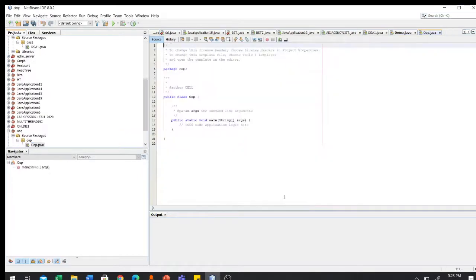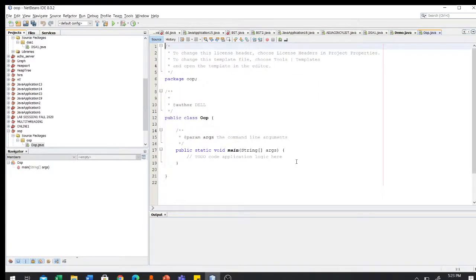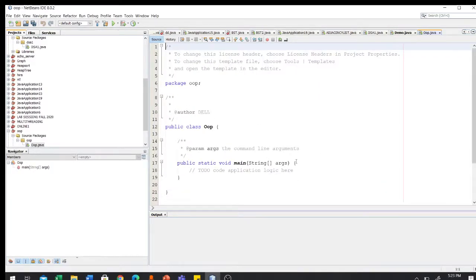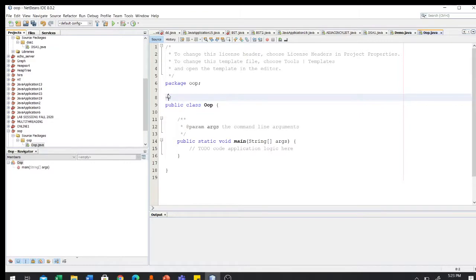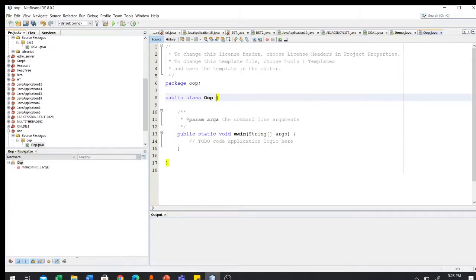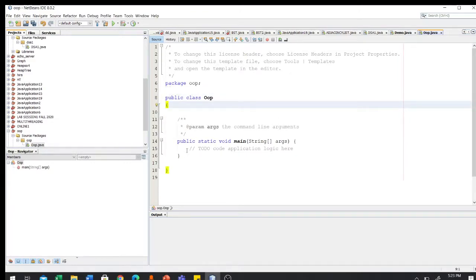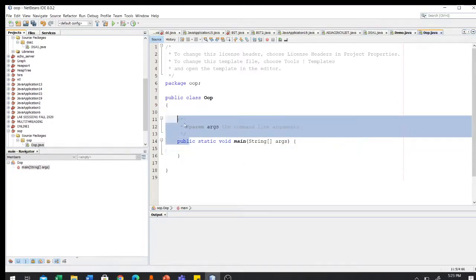Finish, and then here you can see the class is created. So this is the class oop, and this is your main method.